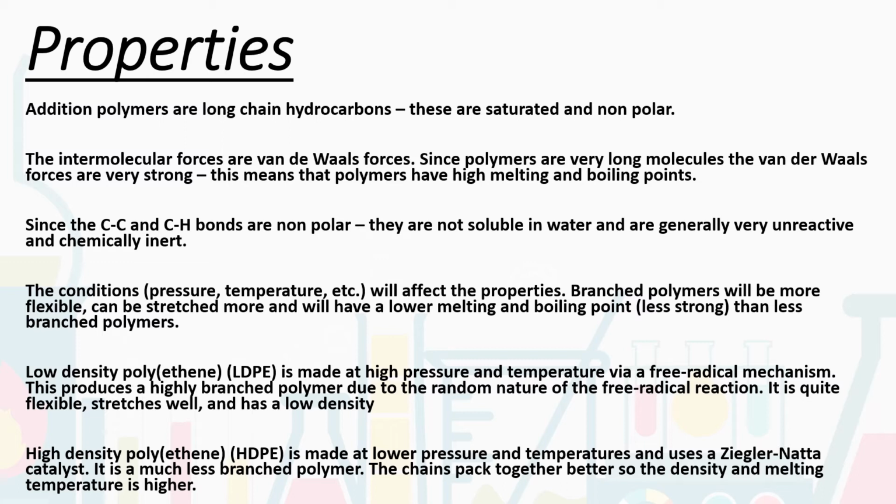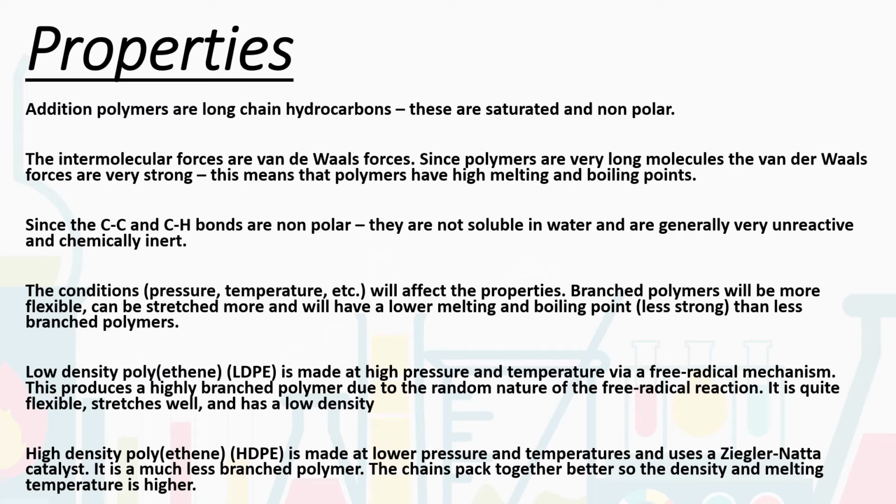Now the conditions that we use, i.e. the pressure, the temperature, will affect the properties of the polymer. Also, branched polymers will be more flexible and can be stretched more and will have lower melting and boiling points than straight chain polymers or less branched polymers. And the reason they're more flexible and have lower melting and boiling points is purely because they can't pack together as neatly, as close together, and so the van der Waals forces are